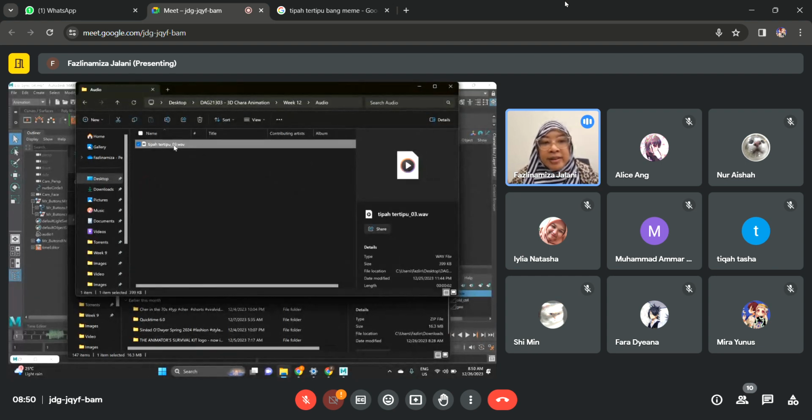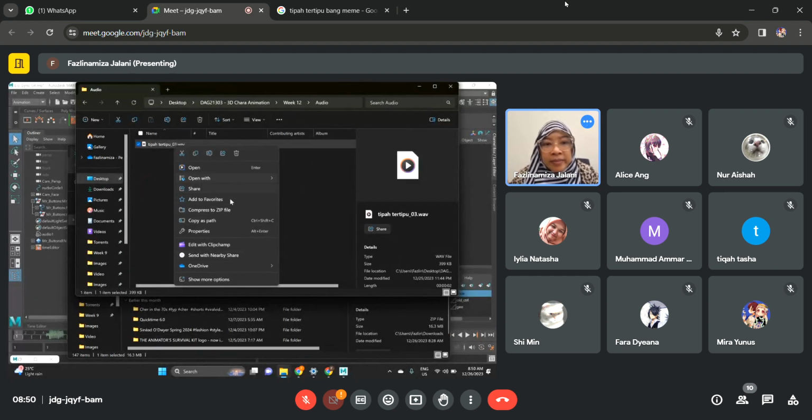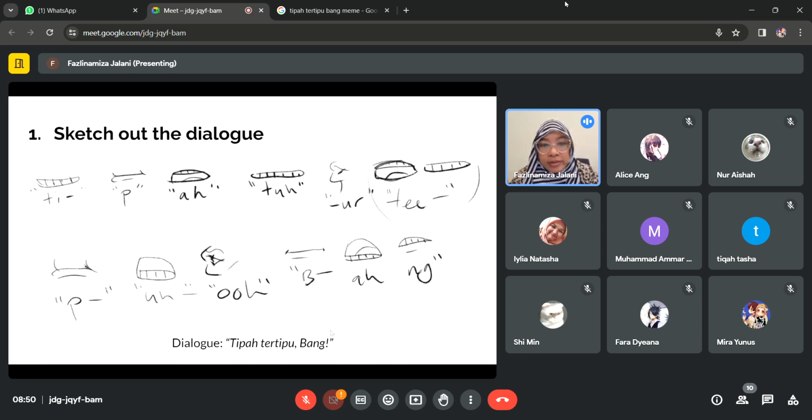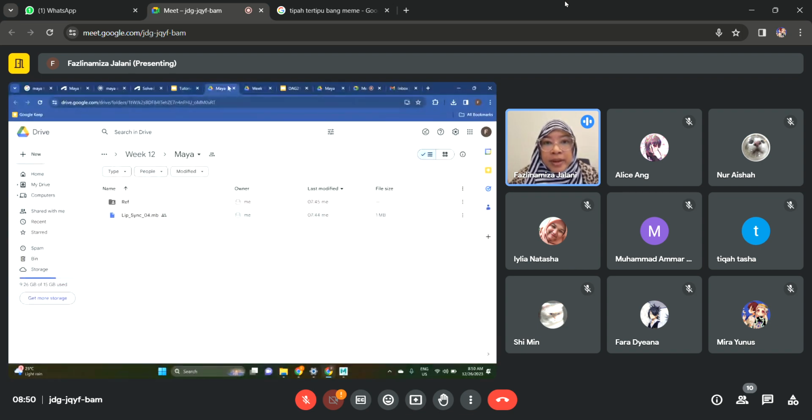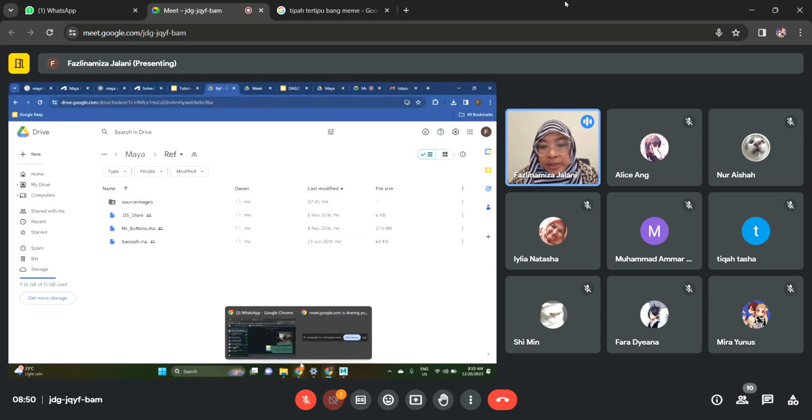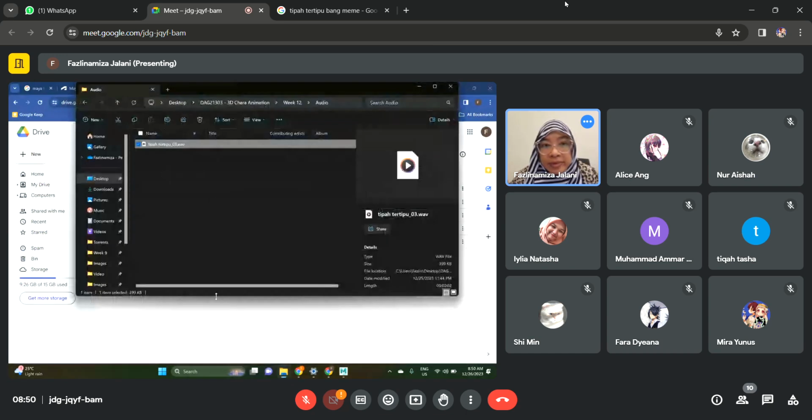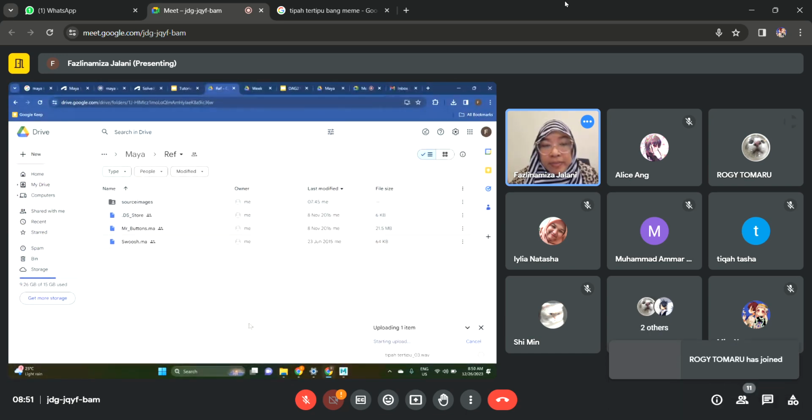Here is the file. How do I drag that thing here? I'm just gonna keep it under ref. I think should be okay. It's there now, so you can go get your Tipah Tertipu